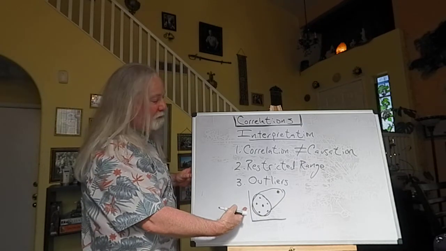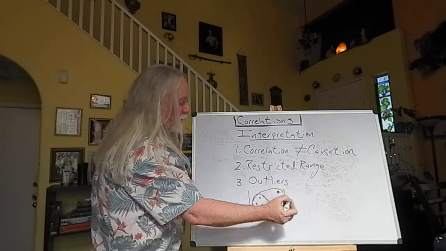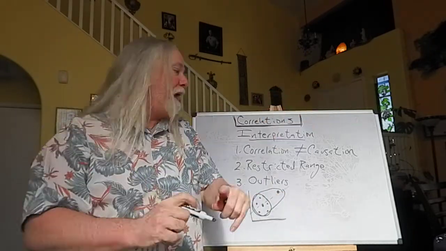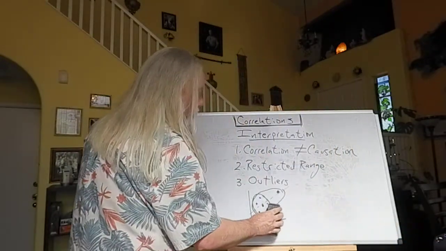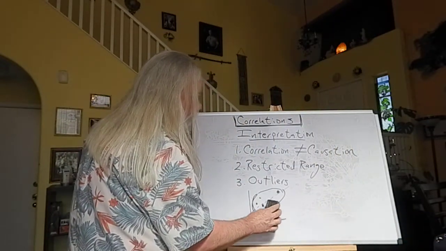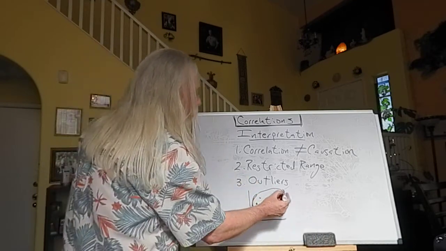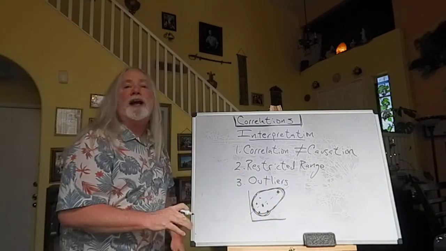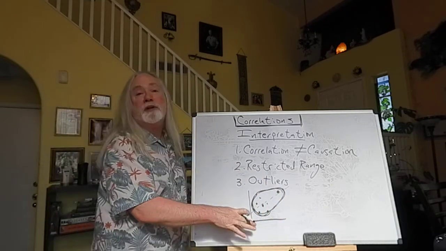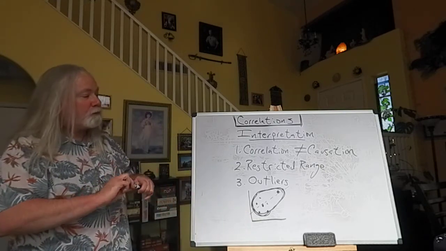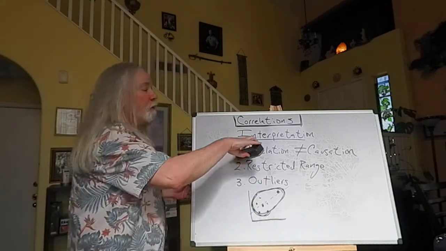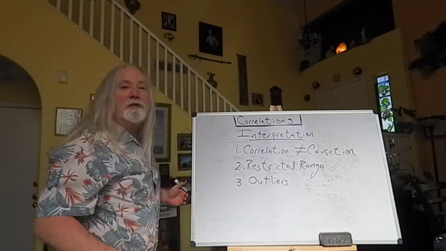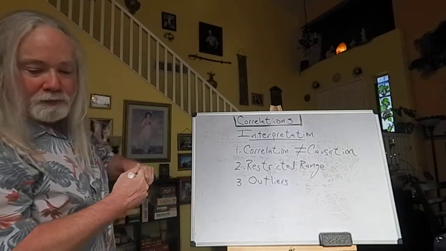All of a sudden, we have what looks like a linear positive form because this outlier has stretched the envelope out. We no longer have the little round 0-looking envelope. We had to get rid of it to account for the new data. So we know from other chapters that extreme scores, outliers, will mess up a mean pretty good. Outliers can mess up a correlation coefficient pretty good as well. So it's one of those things we have to think about when we're trying to understand what the data is telling us. It's not enough to just know we rejected or failed to reject. We've got to look a little bit more deeply sometimes.